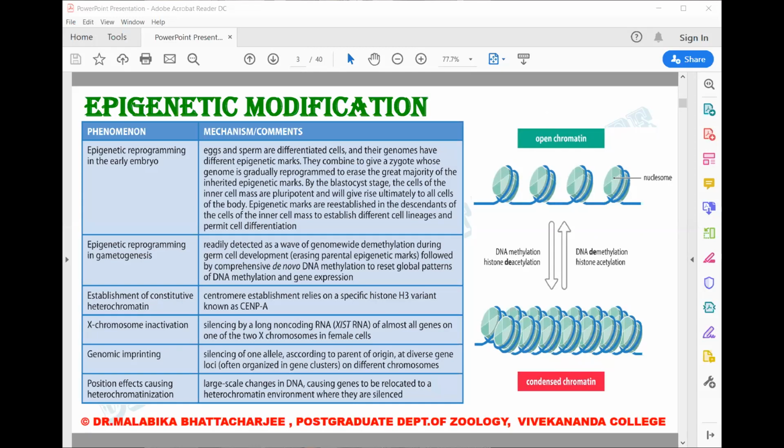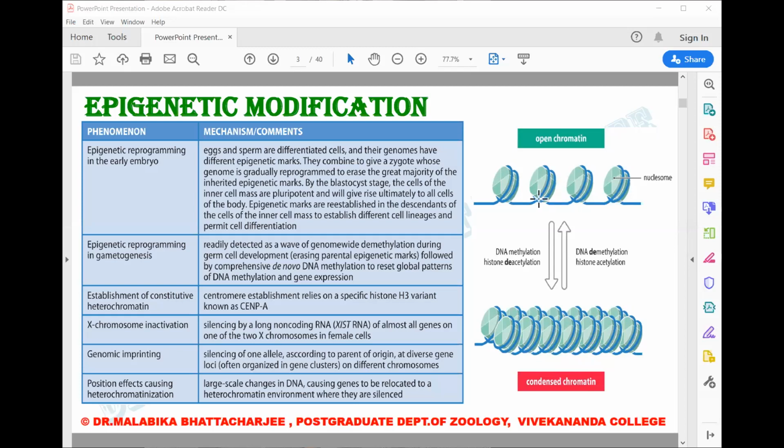The cells of the inner mass become pluripotent and the epigenetic marks are re-established. Then epigenetic reprogramming is done during gametogenesis in the sperm and the eggs. Epigenetic program is done for formation of constitutive heterochromatin, for X chromosome imprinting, and for position effect heterochromatinization. Now, there are two things that should be very clear in the mind at the onset, that the DNA